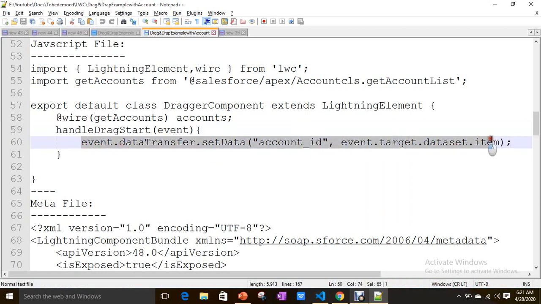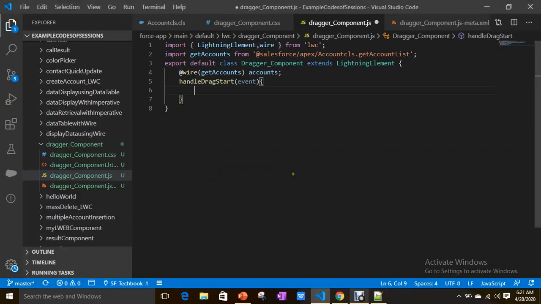And if you see here, event.dataTransfer.setData, and I'm giving a format like accountId. It is like a variable name, and to that I'm giving the value event.target.dataset.item. From where are we going to get this?